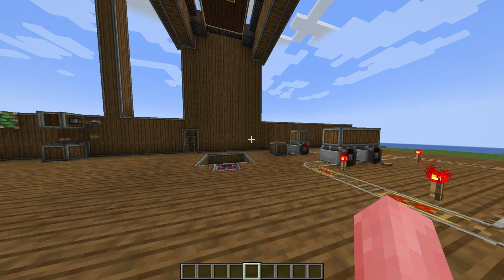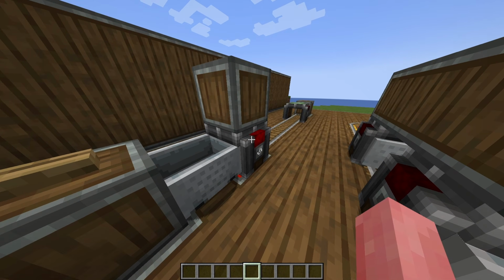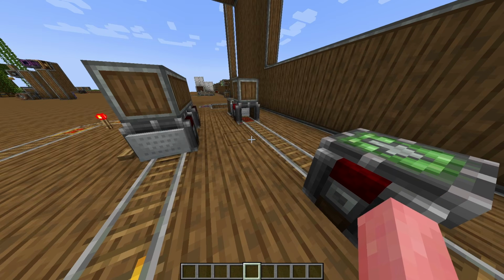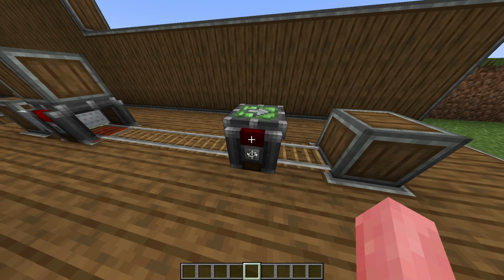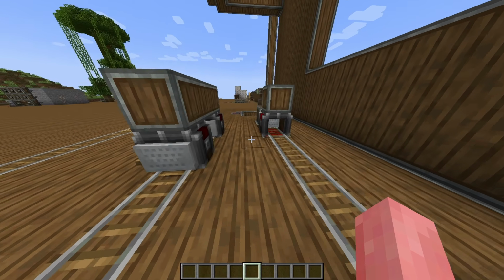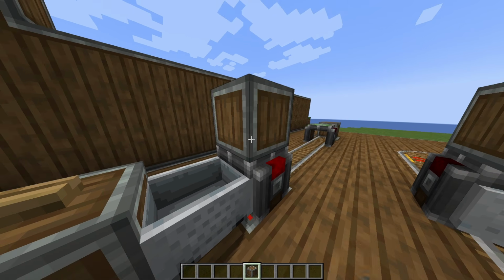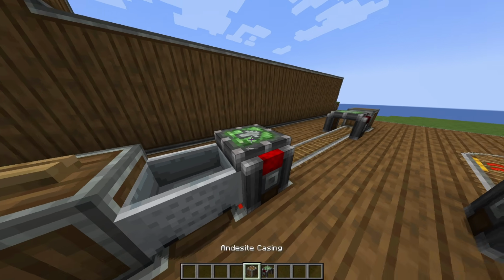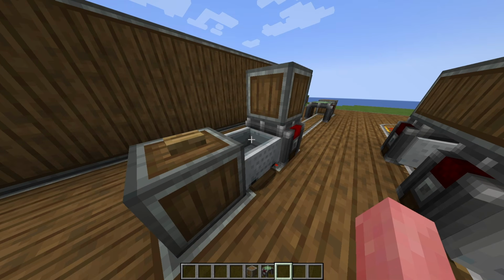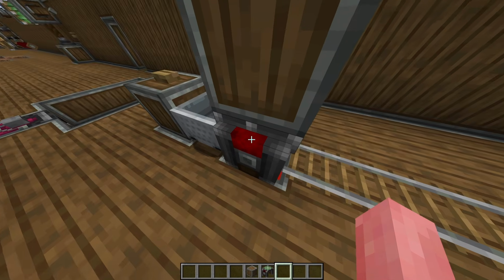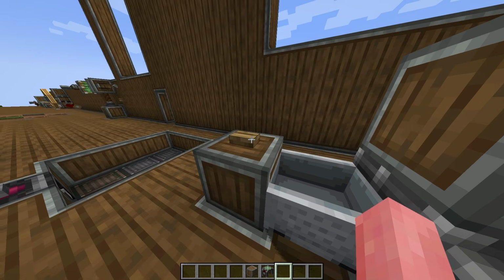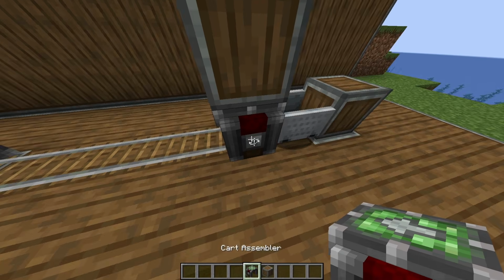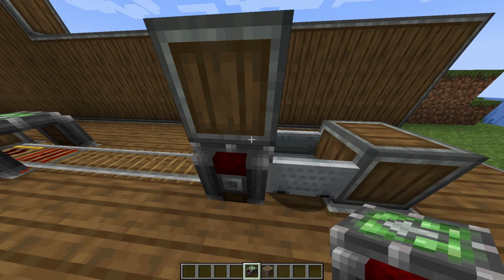Now I think that's everything for the elevator. Let's get to our last one, the cart assembler. The cart assembler is, I'm not gonna lie, the craziest tool you can use to make a contraption. All you have to do is place the blocks or contraption you want above the glue side of the cart assembler. Then, when you send a cart inside of it while it's redstone powered, the blocks will get glued to the cart. If it's not redstone powered, the contraption will be placed back